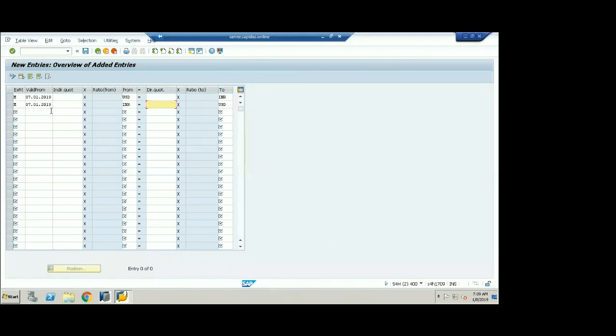What is meant by bank average? There will be three exchange rates: bank selling, bank average, bank buying. For example, I worked in the USA and earned about 5,000 USD in the US. I'm bringing that amount to my country, India. I want to exchange it, so they will take the bank selling rate.